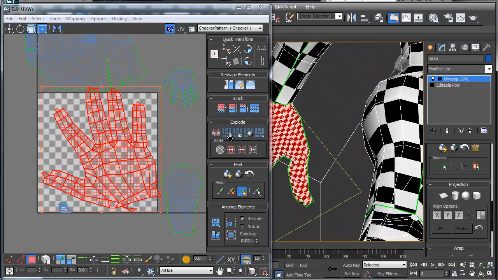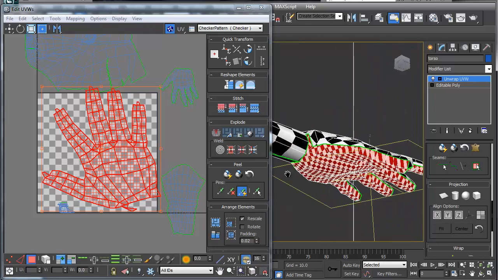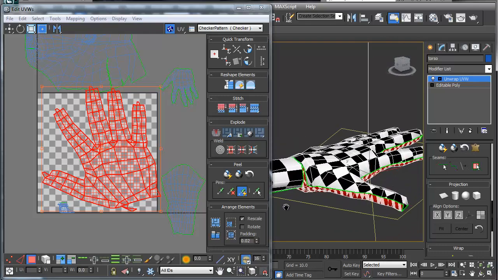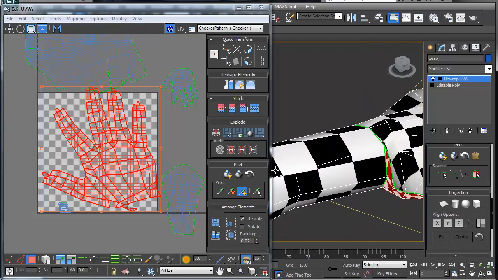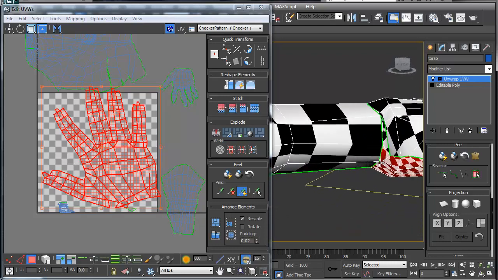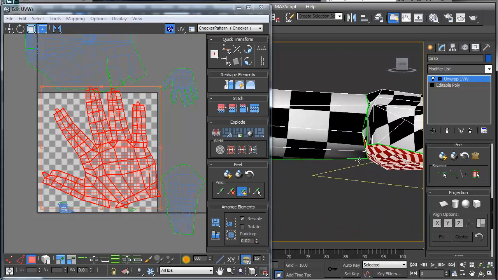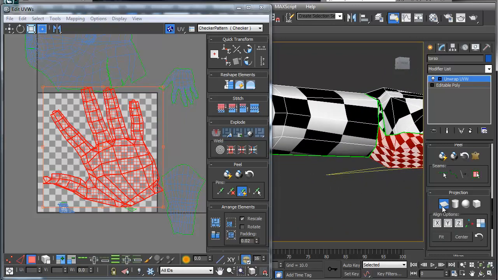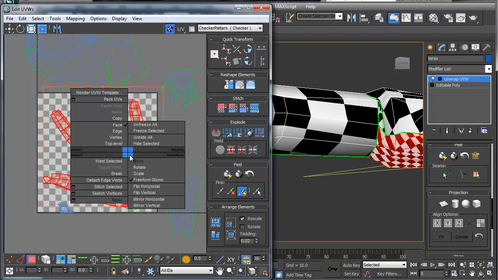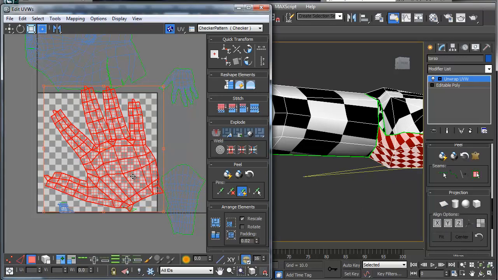What is grabbed? Oh, I see what's grabbed here. Okay, so let's ungrab that piece. And let's do a quick planar, relax,